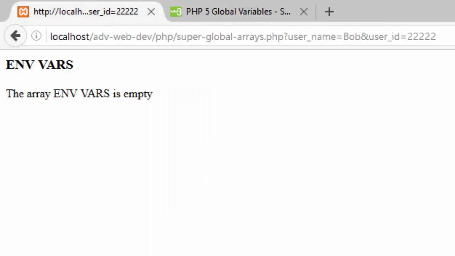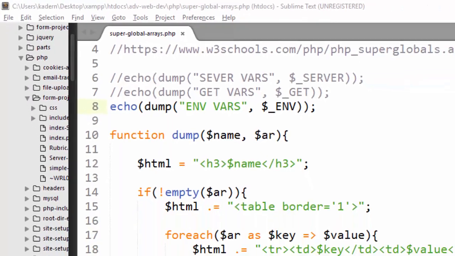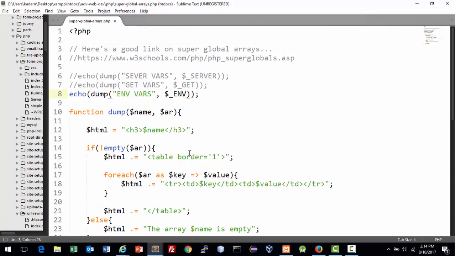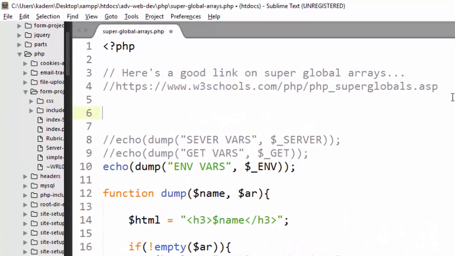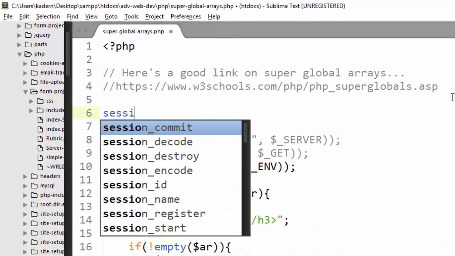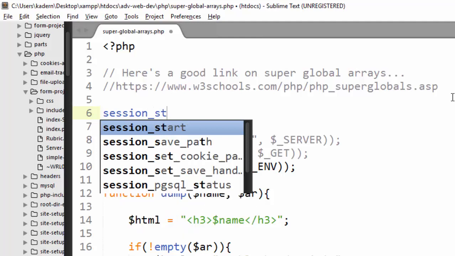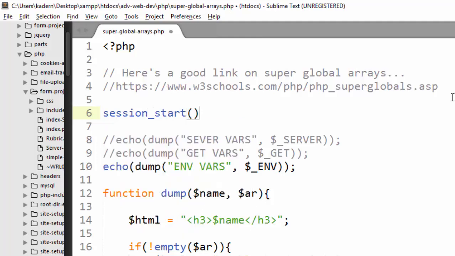There's one that allows us to keep track of session variables. And if you don't know what a session is, we'll be talking about it soon. But here's what I want you to add above everything else. This is a PHP function, and it's called session_start. What this will do is start a session for us, and then